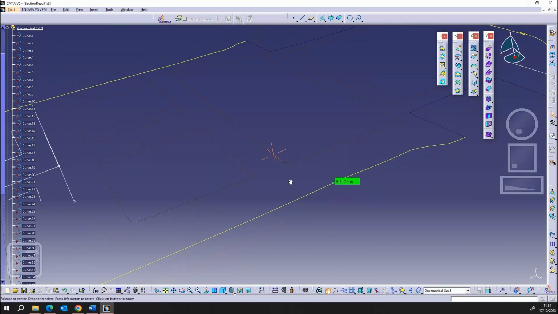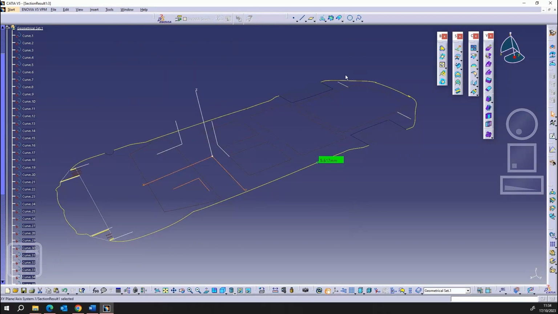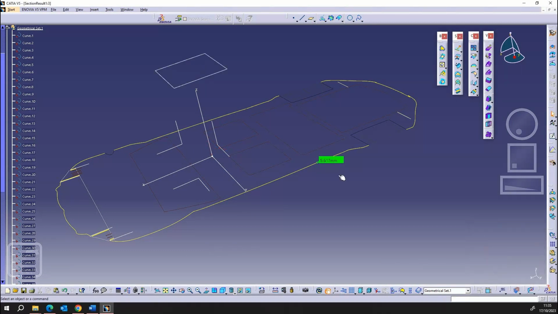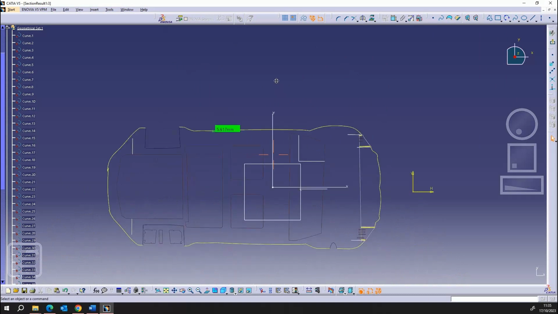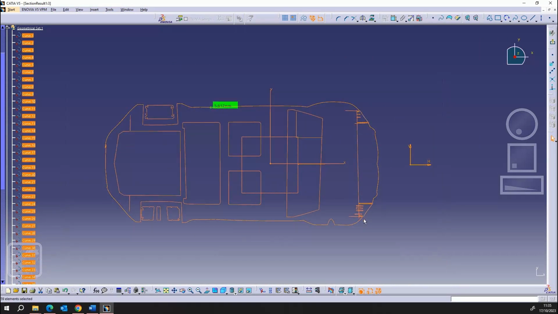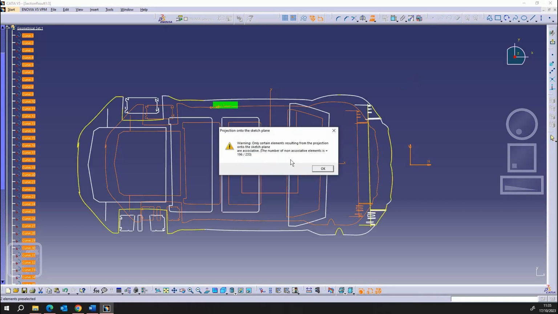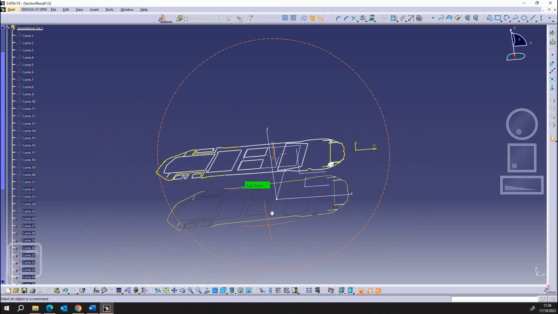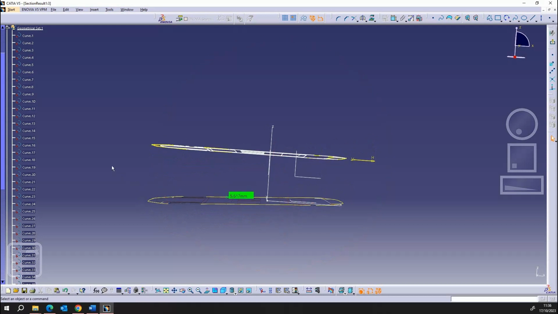So what we can do is quite simple. We can project the plane. Let's make it 1000 as this is full scale. Reverse direction. That's right here. So we're going to sketch on this new plane. In our sketch, all we're going to do is select this section already, and we are going to project 3D elements onto the new plane. It's going to take a while because there are a lot of lines. Once you set the element resulting from the projection onto each plane as associative, the number of non-associative elements is okay. So once that is done, because this is what basically helps us to be able to measure